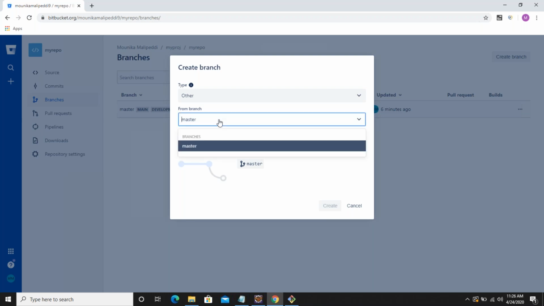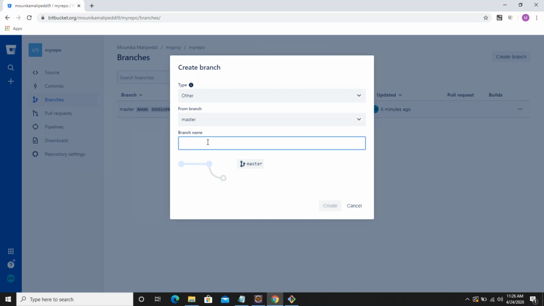So if you have multiple branches, you can click on this drop down and choose, and you can name a branch. Normally in real time we'll say feature hyphen something, like feature Jira ID or story ID hyphen something, what the message is.